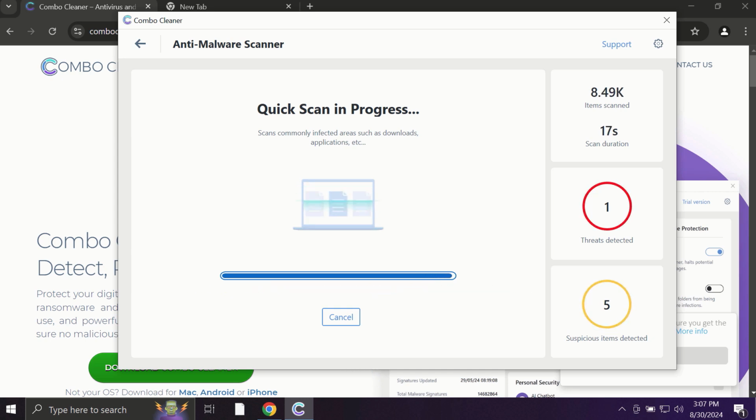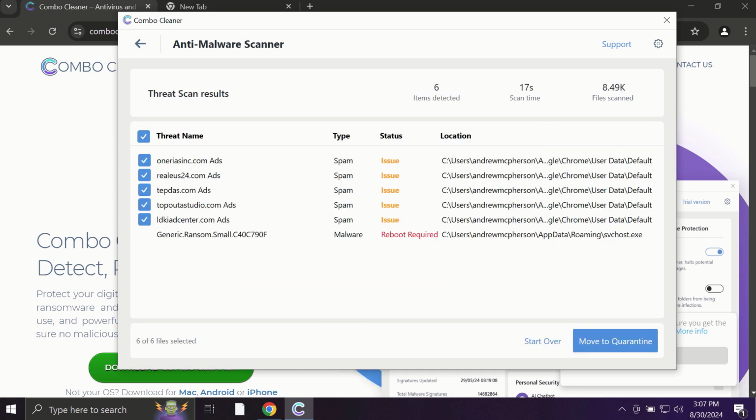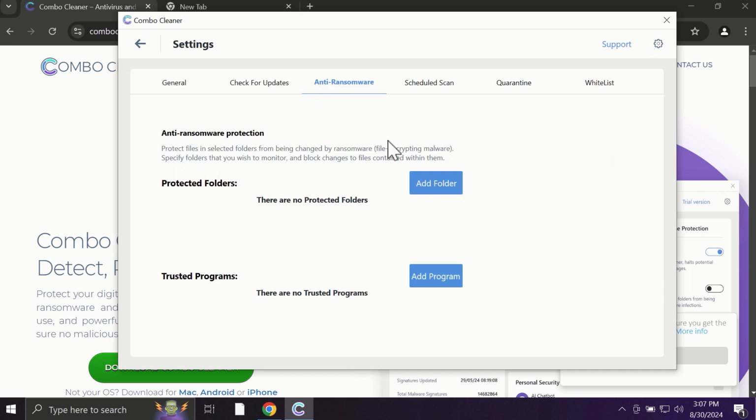Finally, at the end of the scanning, you will see the full summary of all the infections which were found on your system. Based on the summary of threats, you'll be able to know the information about the locations of threats. Some threats can be removed manually, but definitely I recommend you to consider upgrading to the premium license. With the premium license, for instance, there is an excellent anti-ransomware feature which helps to always keep your data protected. You can add certain folders on your system, and the contents of these folders will always be under protection